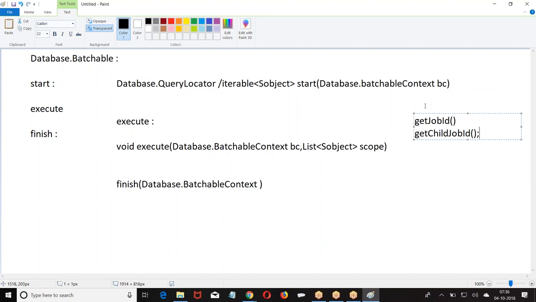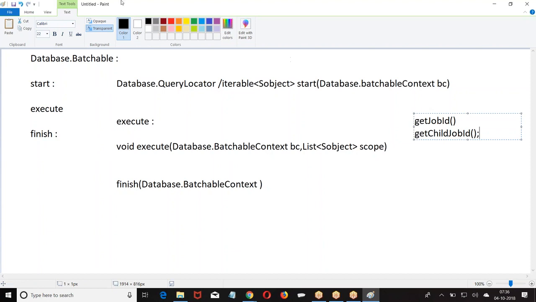So Database.BatchableContext will have only two methods: getJobId and getChildJobId. In the current context of the program, whatever child job is running, that is given here. Are you getting my point?